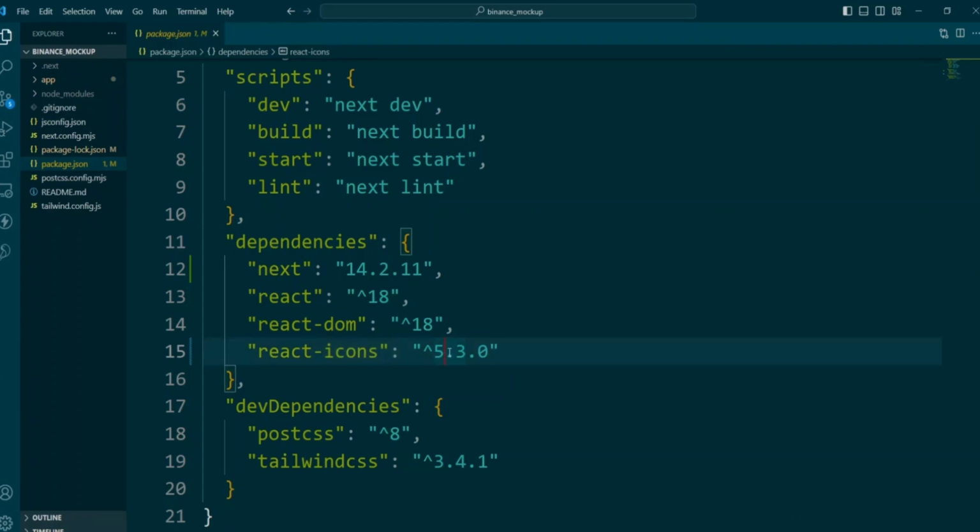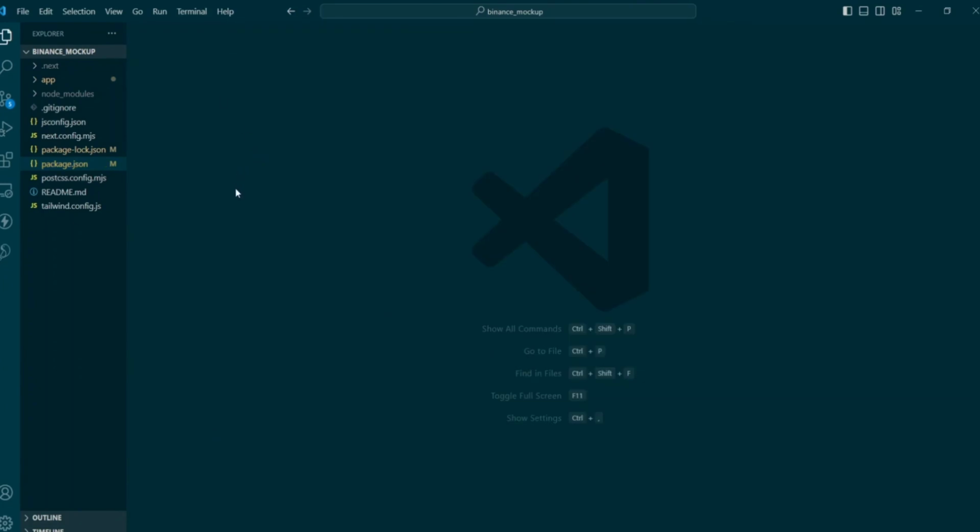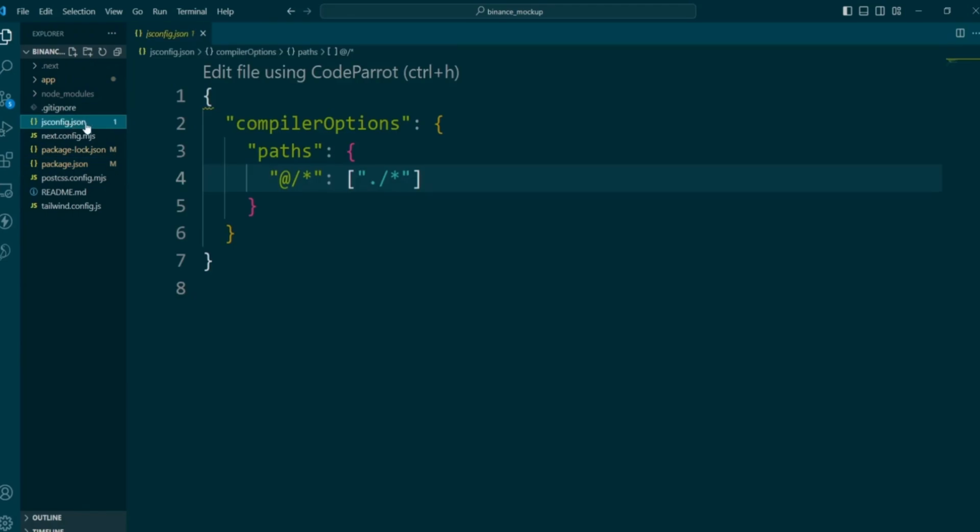That's why I installed it, and I simply installed it by running npm install react-icons. So it gave us the latest version at the time of recording this video. So this is what the package.json file looks like. And like I said, the jsconfig, this is what we have. Okay, but by the time we create the other folders that are necessary in terms of how I love to structure my Next.js application,